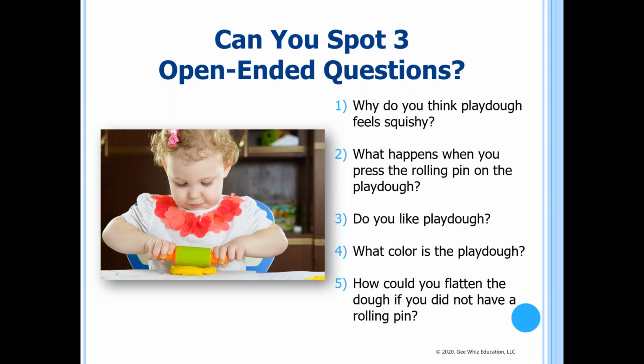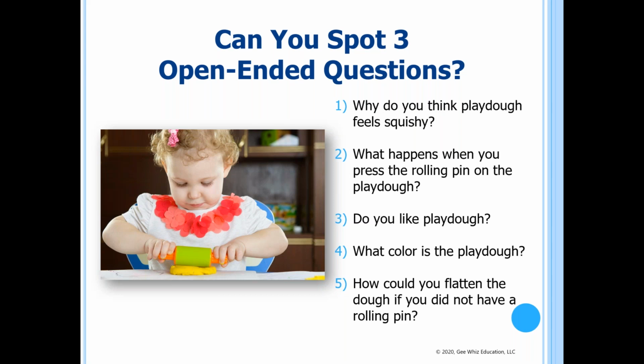Again, that's up to the top of Bloom's taxonomy because they're going to create. They may come up with an entirely different way of flattening the Play-Doh that you never even thought of. And so those are questions that, again, challenge children to think, open up the door for conversations, because let's say you ask the question about how could you flatten the dough if you do not have a rolling pin, and the child comes up with an answer, and before they go get whatever it is they're going to try,